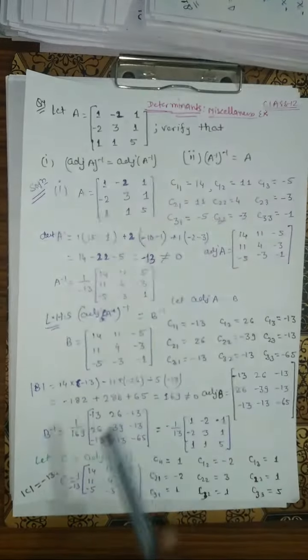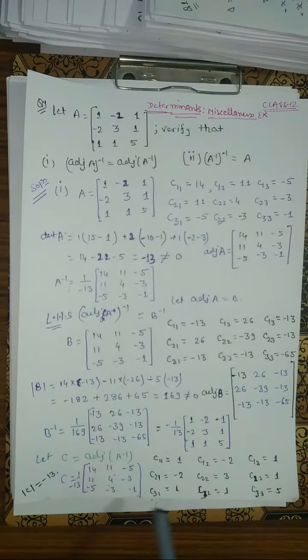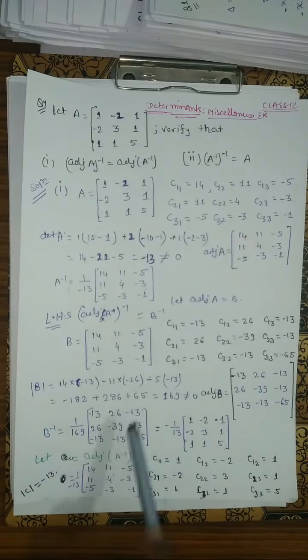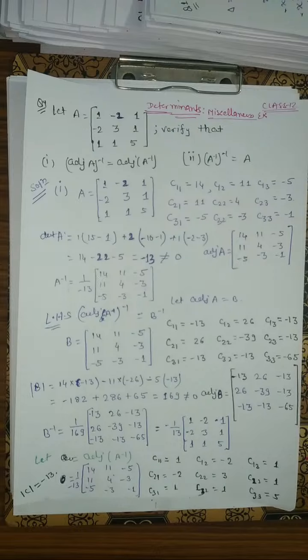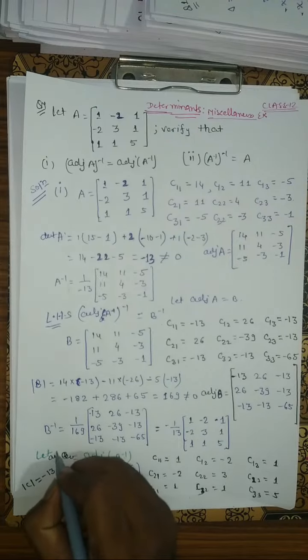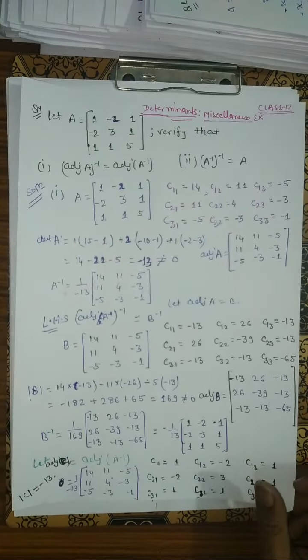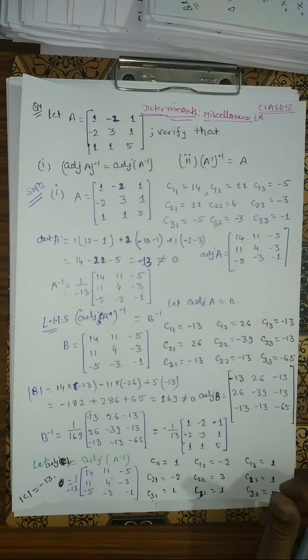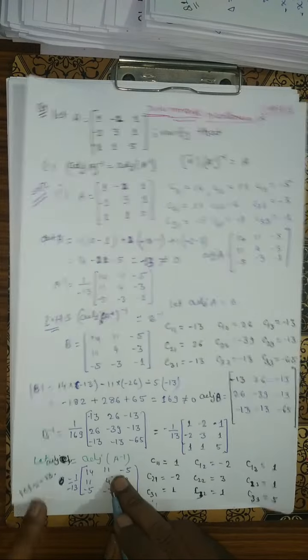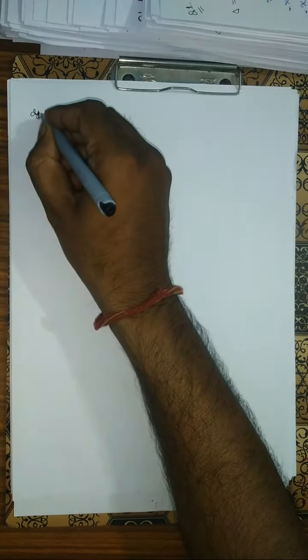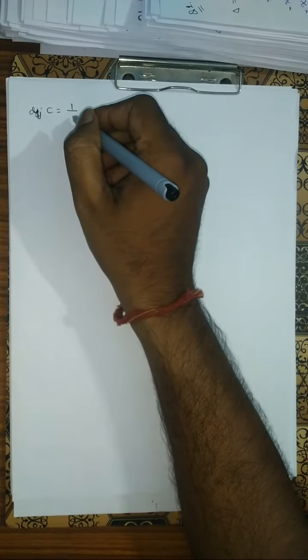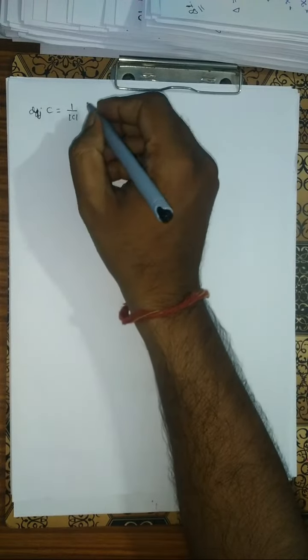Just a moment, we let adjoint A inverse is C, so बच्चों A inverse is C, then adjoint C. This is your A inverse, so it is C. So now बच्चों, adjoint C is 1 by determinant C